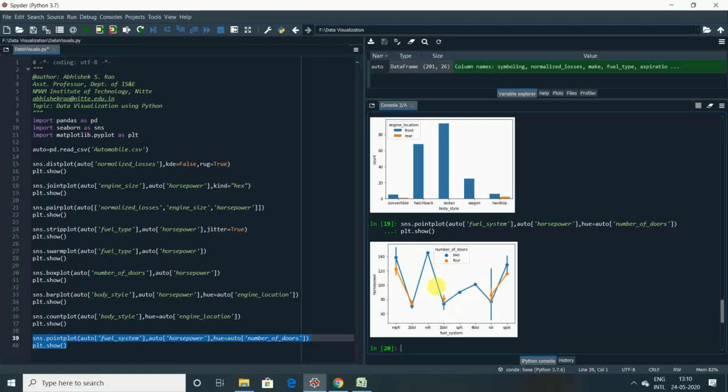You see a very good distribution, and you can also see some disconnection between the orange dots. That is because of missing information for a fuel system. If you have the complete information, you can also see the connectivity of the lines for these hues as well. So instead of a bar plot, you can also make use of these point plots.